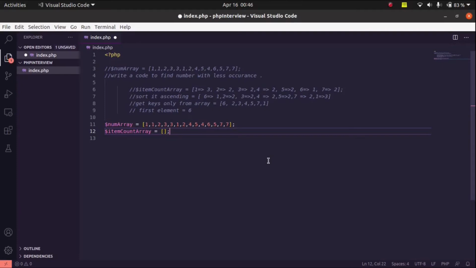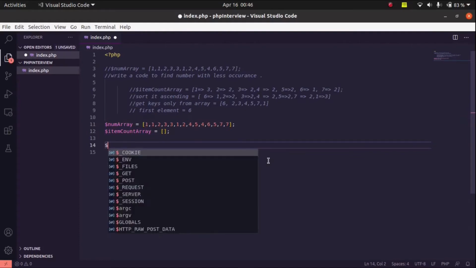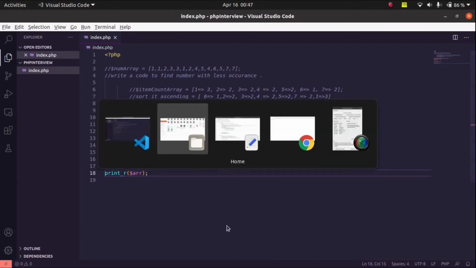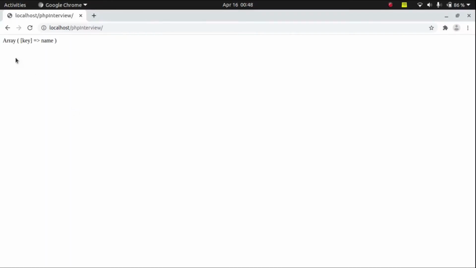First of all, let's understand how we create an associative array. Let's say you have an array, and in an associative array we can have a key of any type. To create a key with some name, we can write it like this. Inside the array we write the key and assign a value to it, which is the name. As we print this array, let me run it on my browser to show you. As you can see, there is one array. Inside that array we have a key and its value.